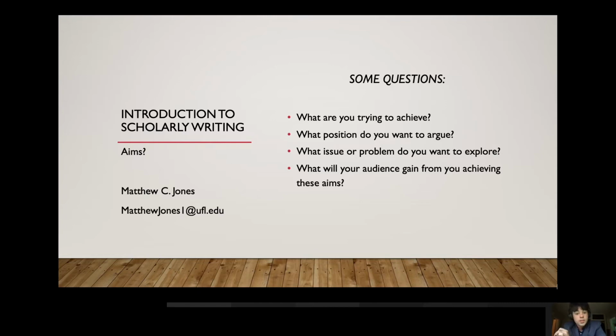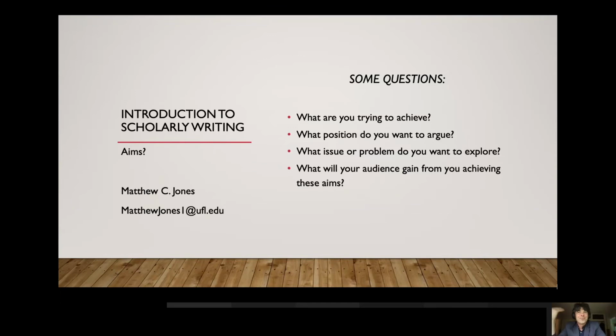We'll get back to this, but there always needs to be a position. This goes back to the fact that we're going beyond reading comprehension when we're going into actual argumentation. Scholarly writing goes beyond making an observation, right? It goes beyond just pointing to a problem and saying that it's there. You have to propose something of a solution. And with that in mind, what issue or problem do you want to explore, right? So it needs to be more than just stating a fact. You need to make the observation into an issue, right?